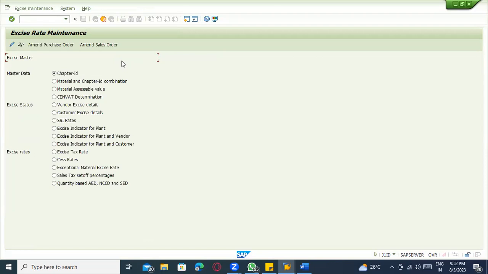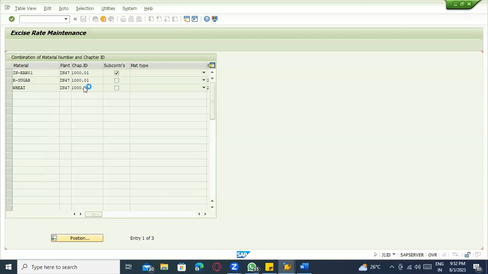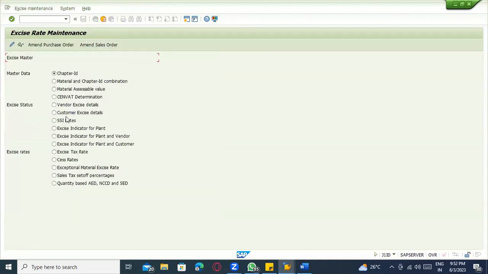The chapter ID and the material combination, this material is related to this chapter ID, and that material to that chapter ID. After you maintain the chapter ID, you maintain the excise details and other things, then you maintain at the tax code level.